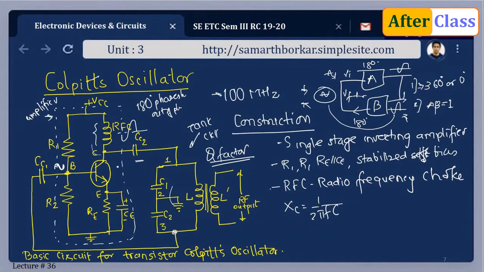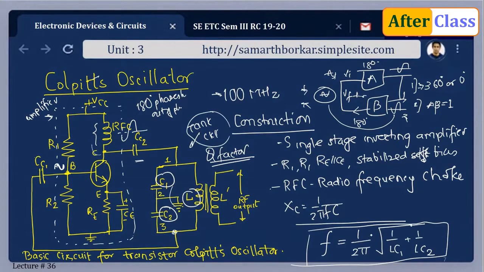So the transistor itself in this particular circuit produces a phase shift of 180 degrees, and another phase shift of 180 degrees is provided by the capacitive feedback. Thus a total phase shift of 360 degrees is obtained, which is the essential condition for developing oscillations as laid by Barkhausen's criteria. The output voltage is derived from the secondary winding L prime coupled to the inductance L. So there is an inductive coupling here. The frequency is determined by the tank circuit and is varied by gang tuning the two capacitors.